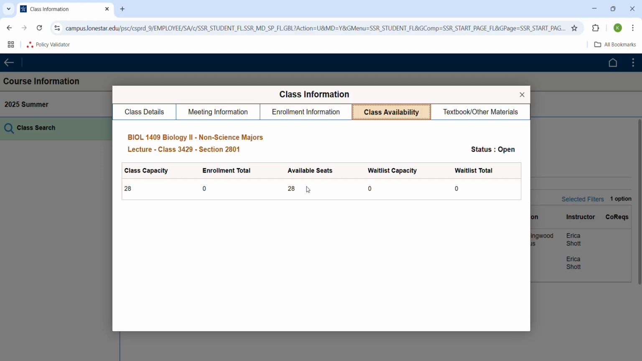Available seats are how many spots are left that you can take up. So obviously 28, because no one's in the class yet. This is the waitlist capacity, which is what we were talking about earlier. If you really wanted this course, and let's say there are 28 enrolled and 0 available, waitlist capacity says how many they will allow to be put on that waiting list